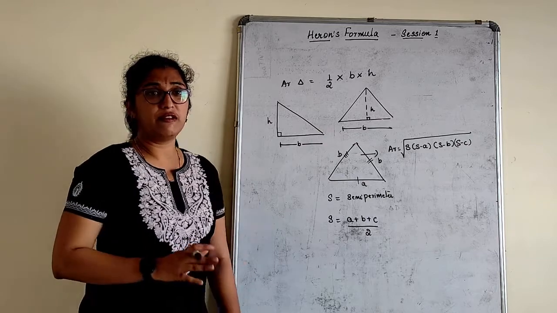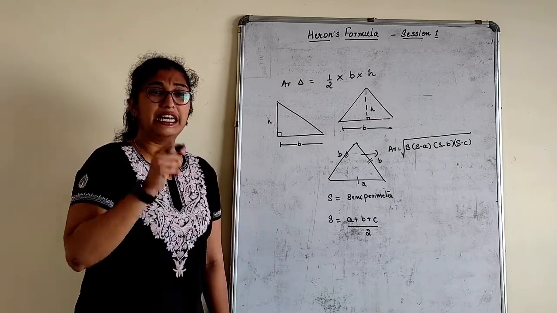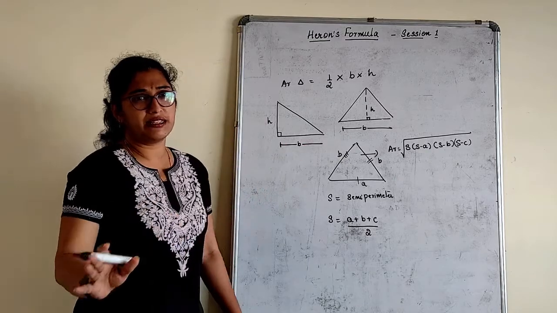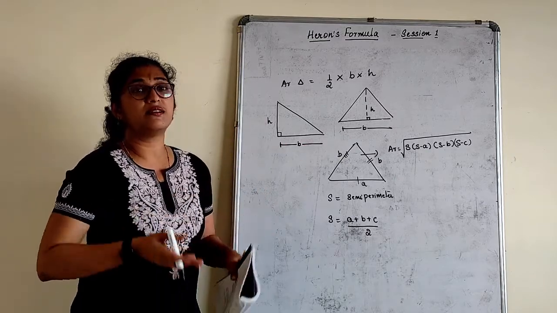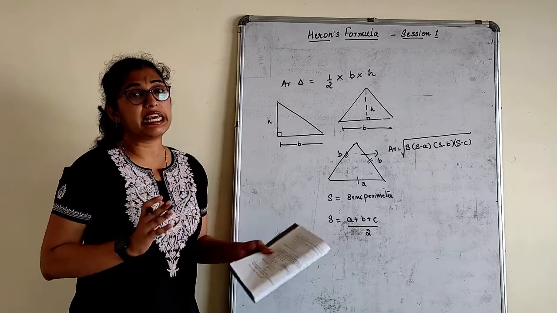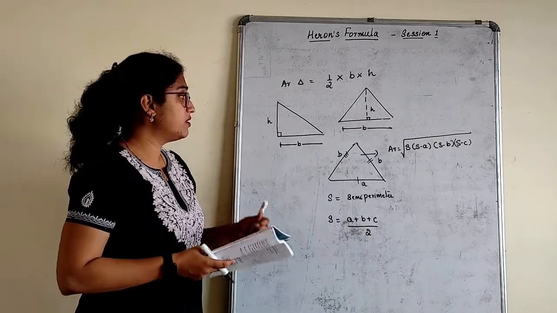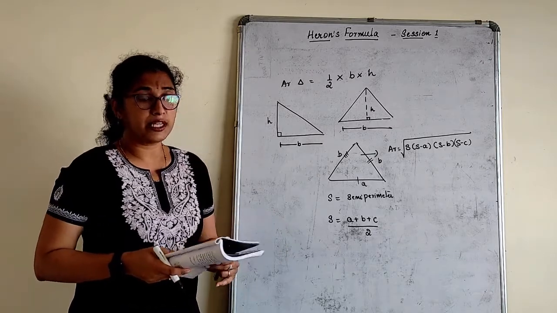So this is generally what we are going to study in this chapter. A very simple exercise where we have to only apply these formulas and find. We have two exercises here. We are going to apply the same thing in the given sums. So very clear. Why Heron's formula? Now you can ask me a question.